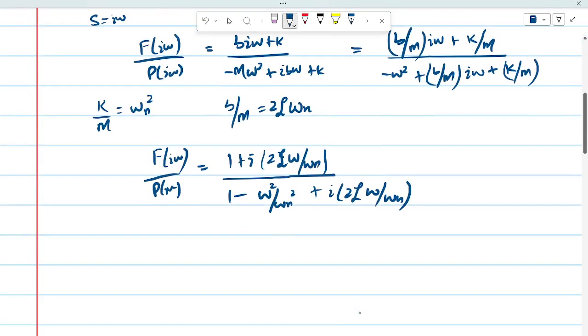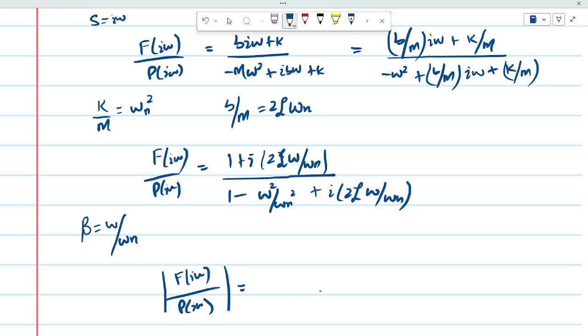So that's what we have, and here we introduce frequency ratio, that is frequency of the excitation force divided by natural frequency of the system. So we can rewrite this as, before going into that, I think just take the amplitude of this one. Because amplitude is a constant value, you have to take the amplitude of this one, so it will become F(iω) divided by P(iω). It will become equals to